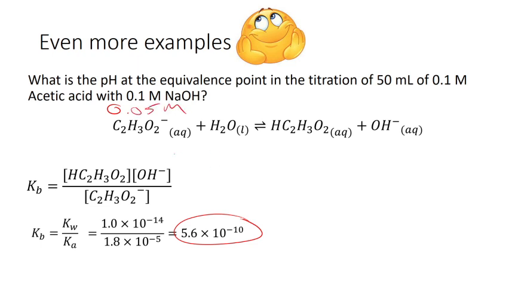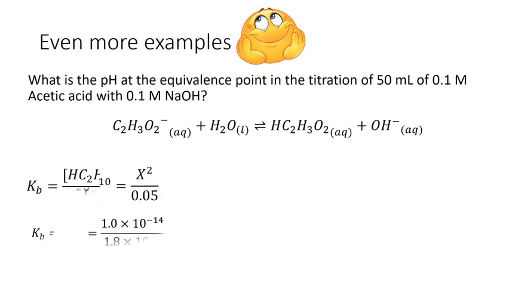We can already make some assumptions that when we go to put x's in here, we would have 0.05 minus x on the bottom. This number is definitely less than 5% of our concentration, which means we don't need x. And so as we go to fill in our numbers, we can just write it like this, where our Kb that we just calculated is equal to our concentration